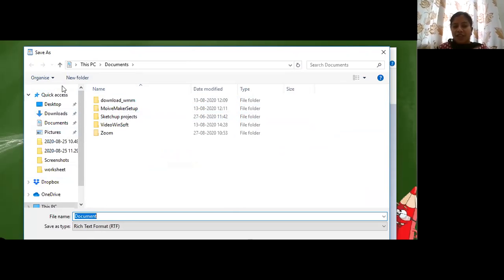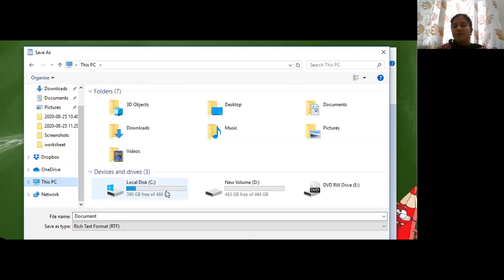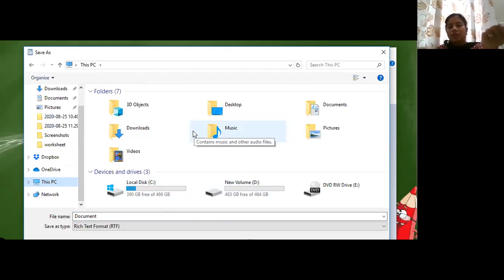So children, at the left hand side of this dialog box, you can see some places like Desktop, meaning the desktop of your computers, Downloads folder, Documents folder, Pictures folder, or in This PC we have drives. Now these are the places where you can store. These are like drawers, right? We have different drawers in our houses, right? Imagine you have a table, inside that we have different drawers. So in which drawer you want to put your file is your option. So it works like that.